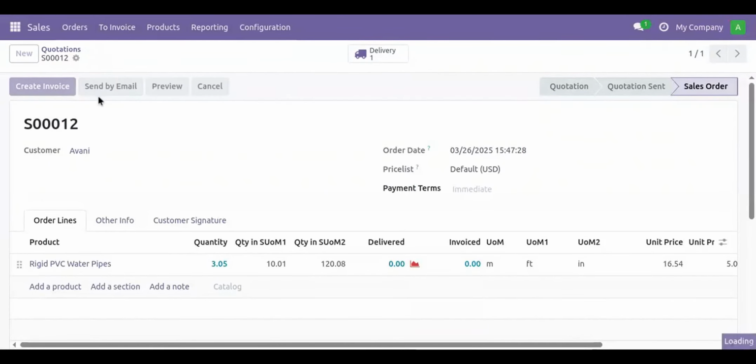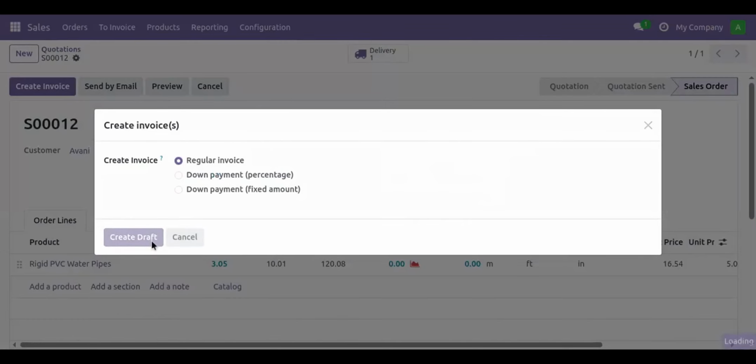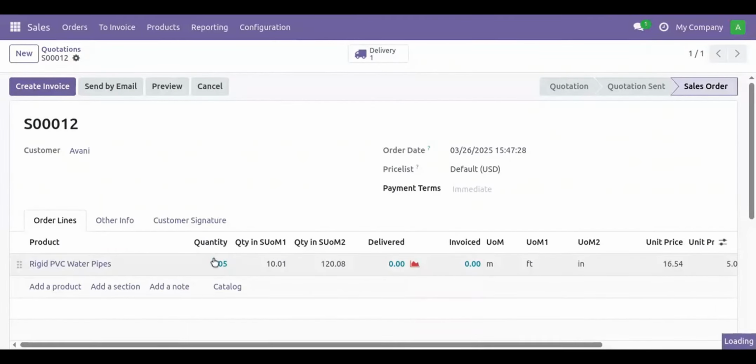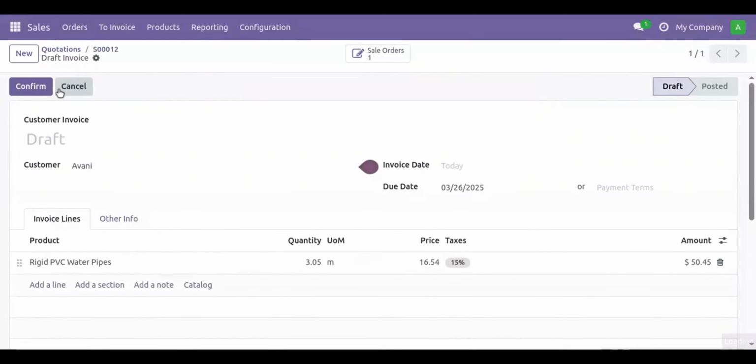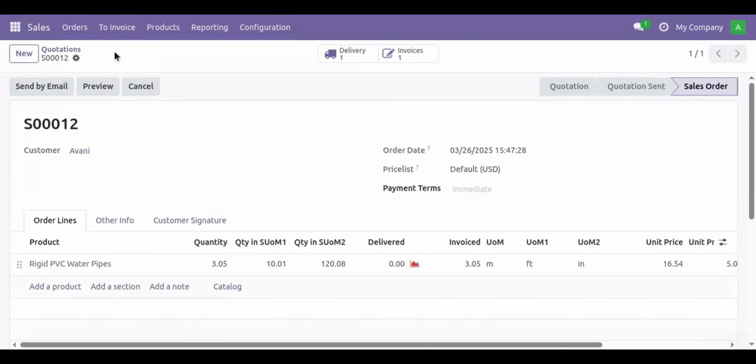Now, when we go to the invoice, here we will get only one value, which is the main quantity and the main unit price. Here you can see the quantity and the unit price, which have accordingly changed from our conversion. So we are completely focusing on the sales part using this module.